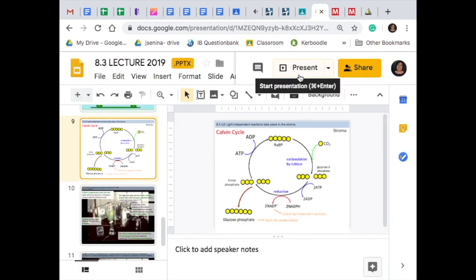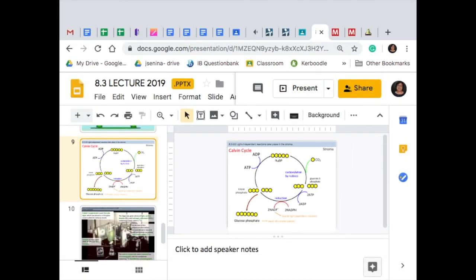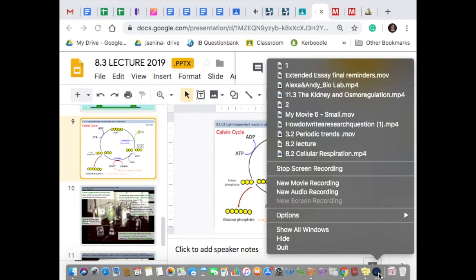Of course, they're Calvin cycling. Yeah, why not? This looks